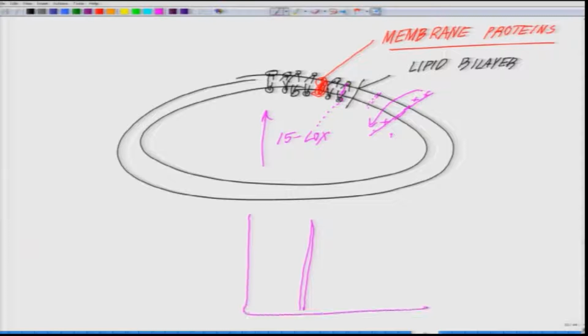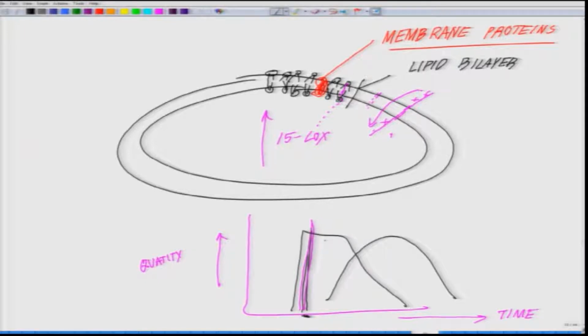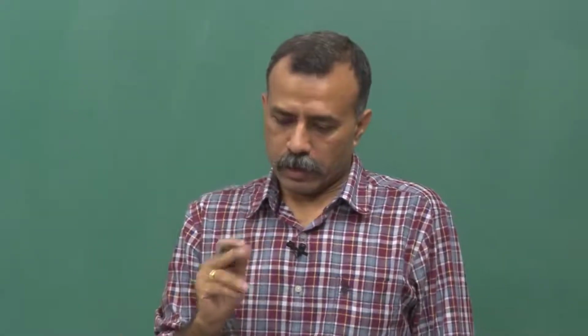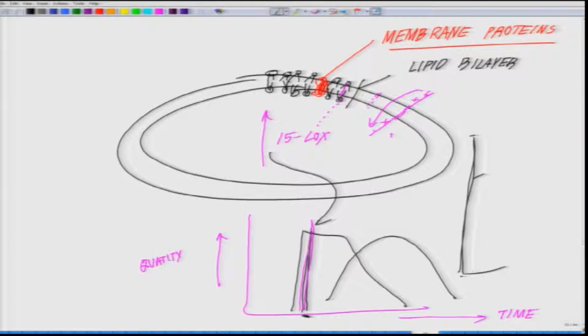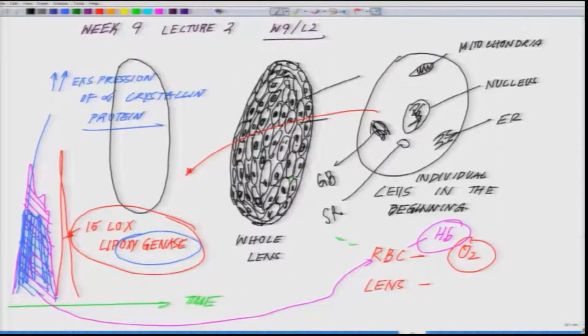That means if the y axis is showing the quantity, and the x-axis is showing the time, then the important part is how long. Is it this short of a window, or something like this, or something like this? It's interesting to note that 15 lipoxygenase expression is like a sharp peak. Almost, the peak has no slope, zoop, like this. But that zoop is good enough to create perforations in these structures, which are the nucleus, mitochondria,